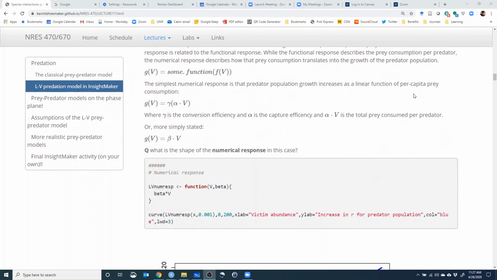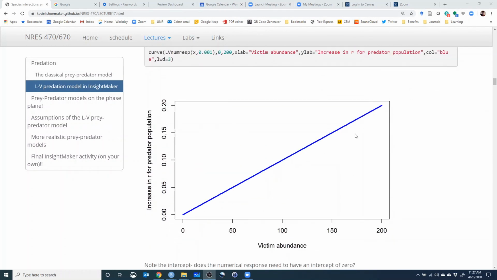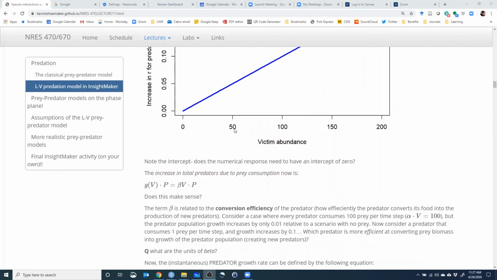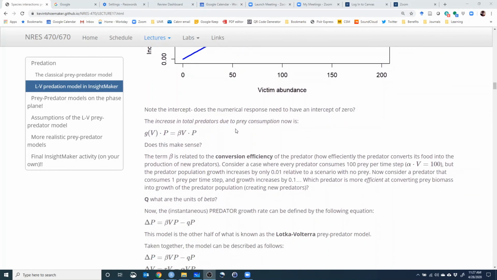Just the same way, we have a numerical response that's linear, and the numerical response just represents the increase in the growth rate of the predator population as a function of victim abundance. The more victims, the more the predator population grows in response to those victims. Again, you can probably think of some reasons why this numerical response is not super realistic, but it gets the job done as a starting place,